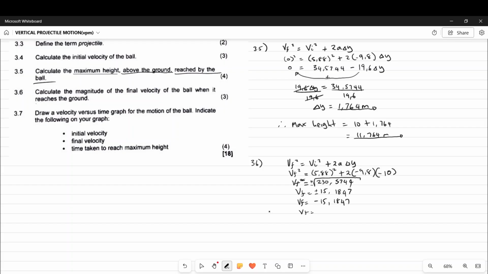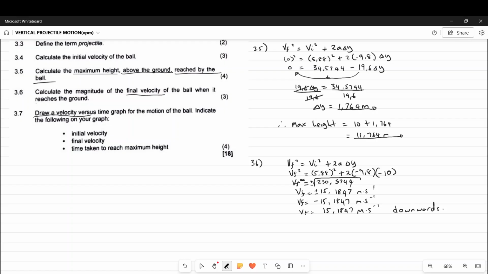Then you're going to say V final is equal to 15,1847 meters per second, and then you indicate downwards, right? So this will be the final velocity of the ball when it strikes the ground: 15,1847 meters per second. So now for 3.7, they say draw